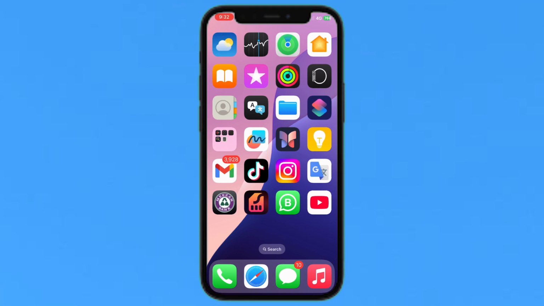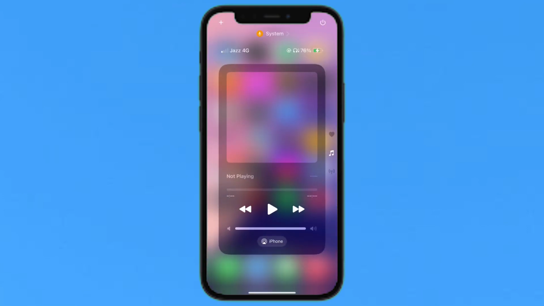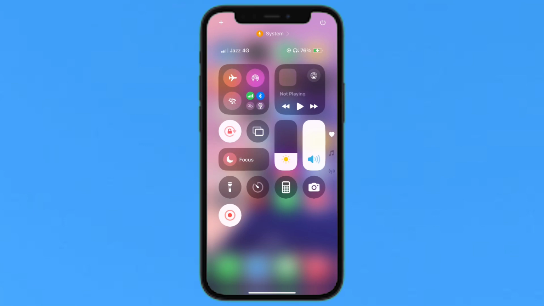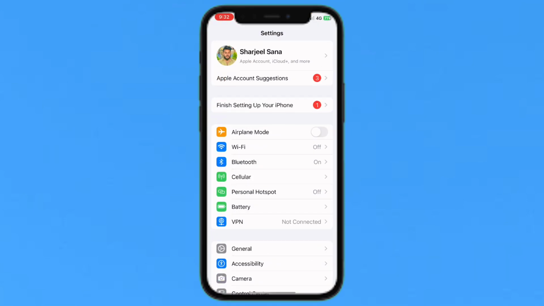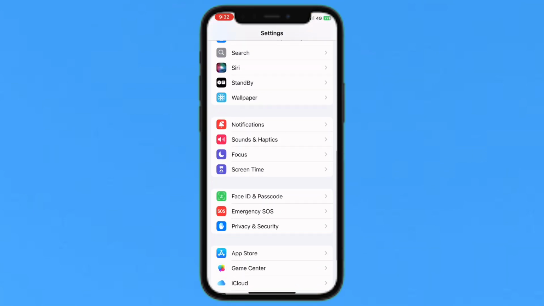So the first thing, you will just swipe down and you will see your control panel. If someone swipes down when your phone is locked and just taps on airplane mode and makes some changes to your phone, how do you prevent it? When the phone is locked, they shouldn't be able to open this control center. You will just have to go back and open the iPhone settings, and from here you will scroll down